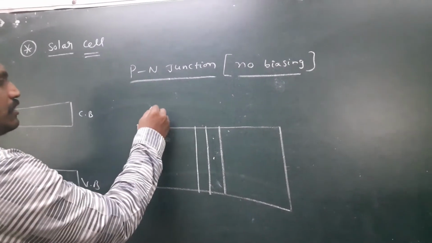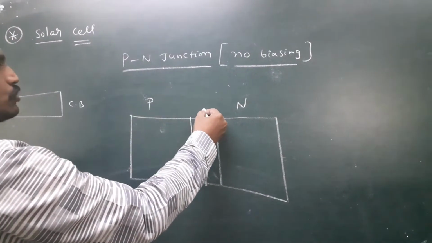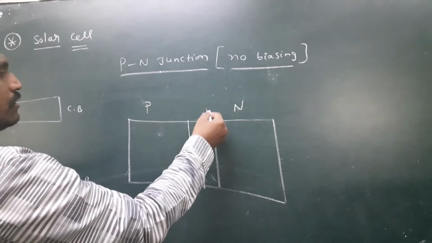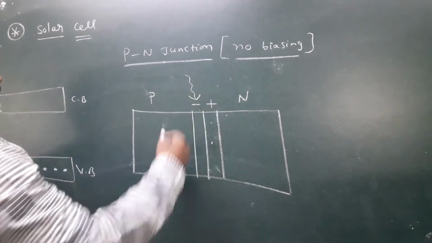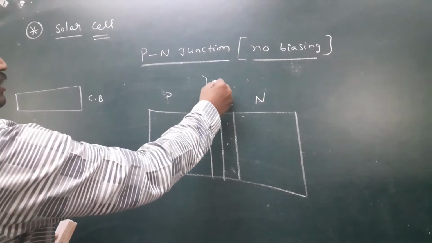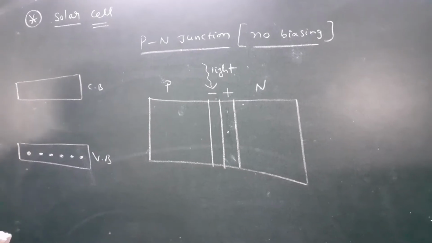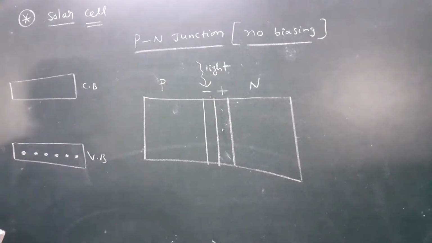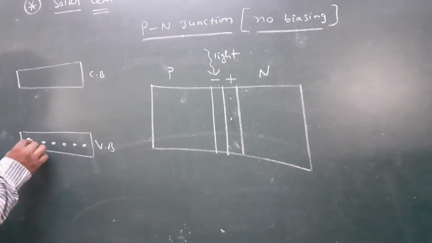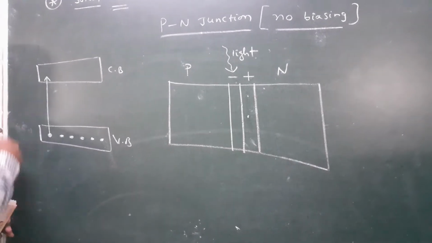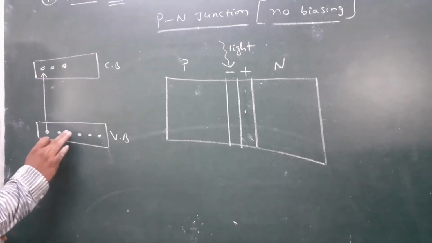Here, this is the PN junction diode. This is the depletion region. Here, a pseudo battery is called the potential barrier. This is plus, and this is minus. Here also light falls on the diode. According to Planck's quantum theory, light is in the form of energy packets. Each energy packet is called a quantum, which is nothing but the photon. One photon gives energy, and one electron moves from valency band to conduction band. Here, with 2 photons or 3 photons, 2 or 3 electrons move.